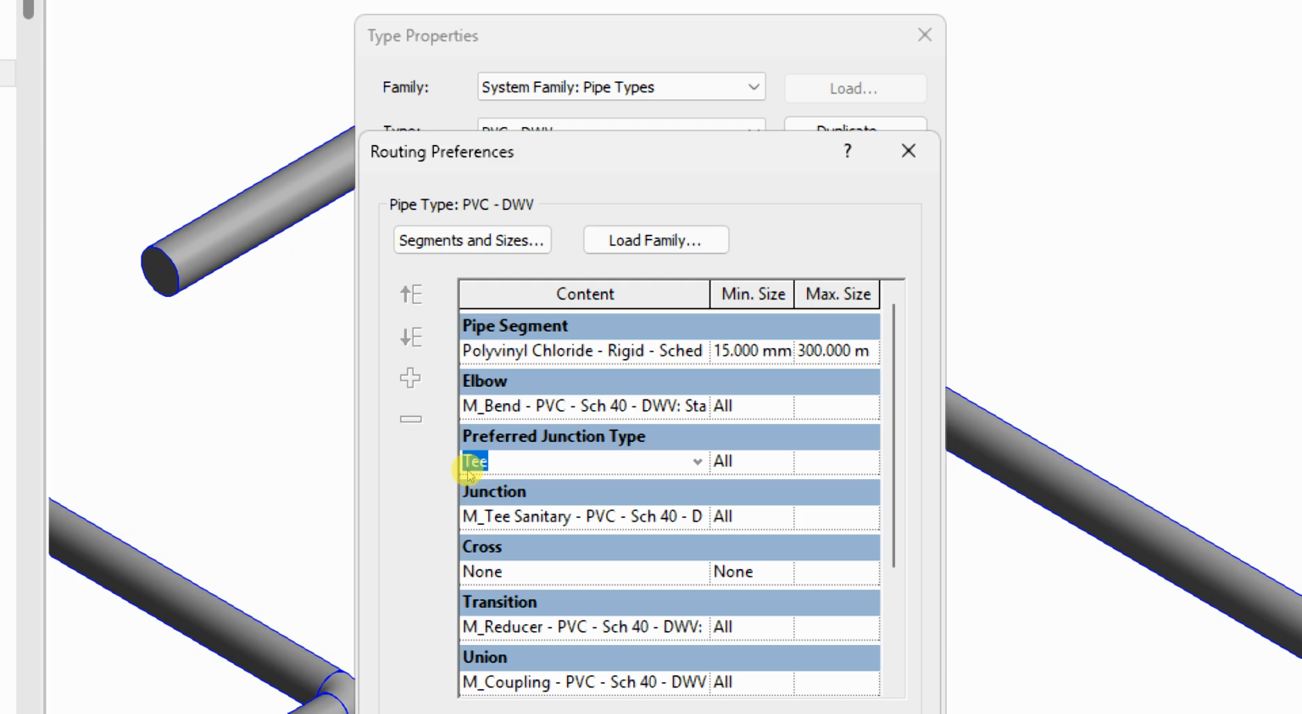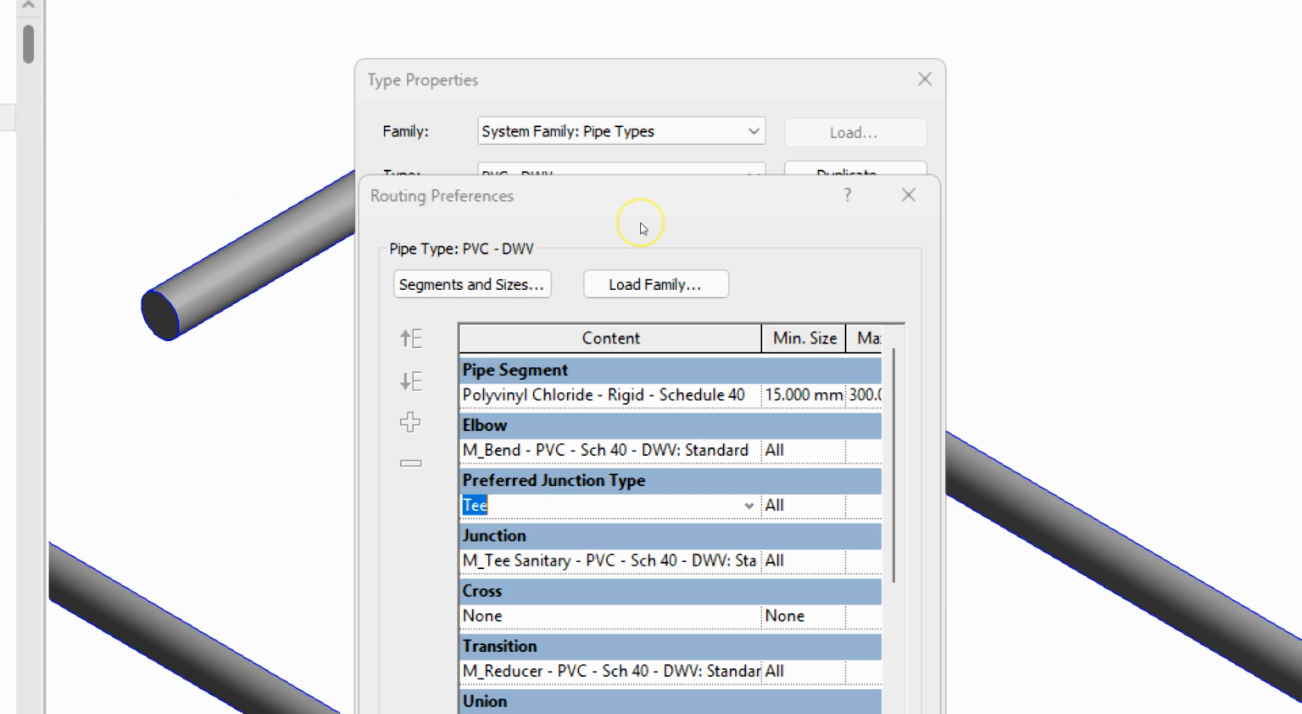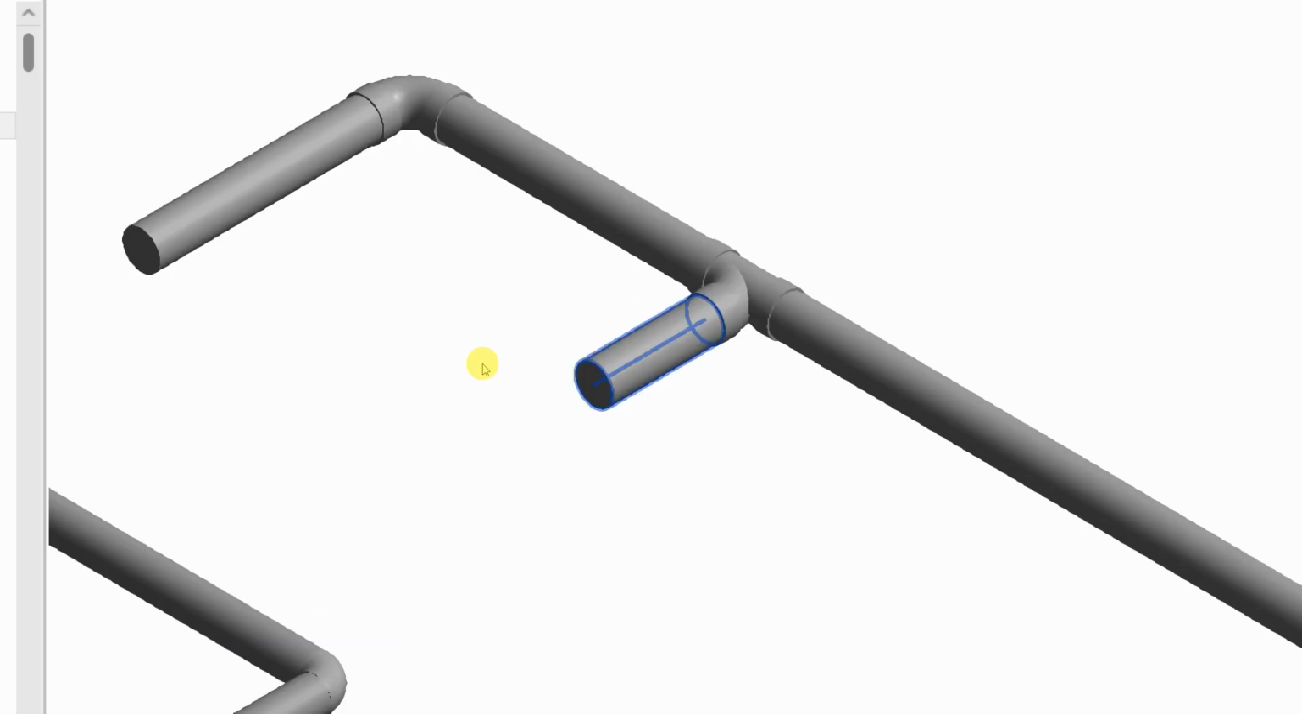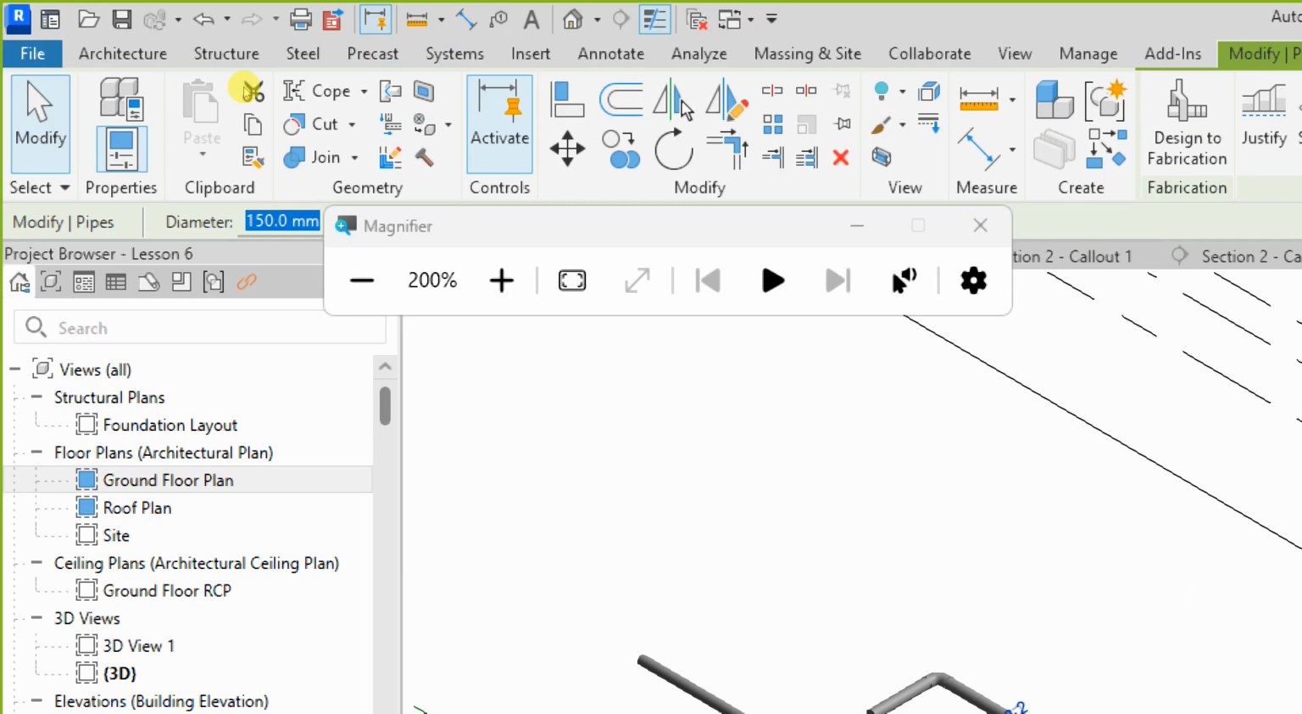The junction is sanitary T, PVC schedule 40. I can open it up a bit. If you go to the cross, there is none. If you go to the transition, there is a reducer. So now, when I come in here, because I'm using PVC, and I select this pipe, and this pipe, the